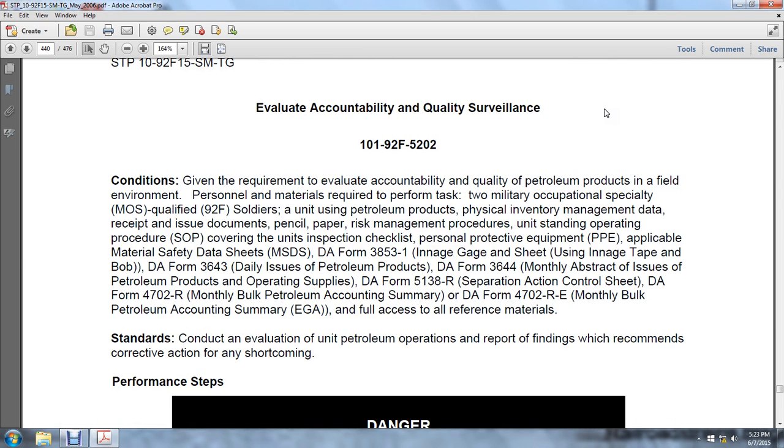Availability, accountability, quality, surveillance. Given the requirement to evaluate the accountability and quality of petroleum products in the field environment, personnel and materials required to perform the task are two military occupational specialists qualified in the 92F soldier unit using the petroleum product physical and environmental management and receipt and issuing documents, pencil, paper, and risk management procedures, the unit standing authorization procedure covering the unit's inspection and checklist, personal protective equipment, applicable material safety data sheets, DA Form 3853, gauge sheet, and using gauge tape and bob,